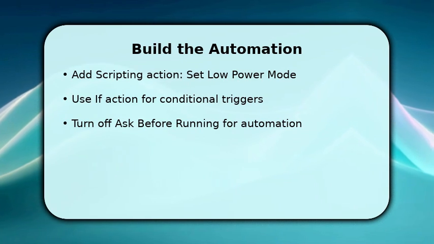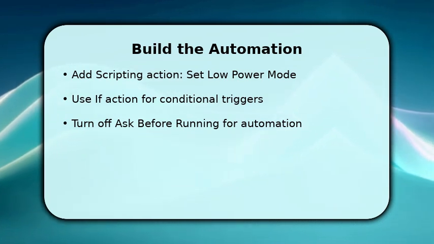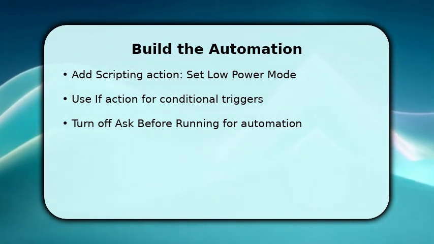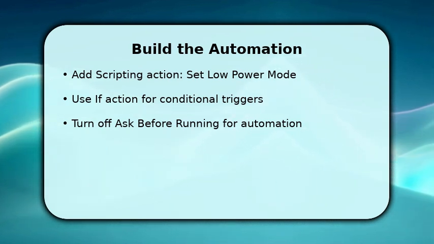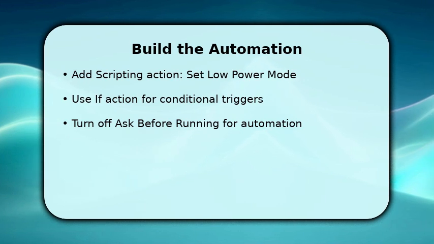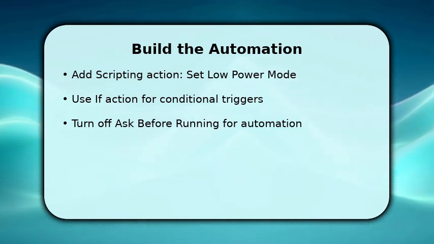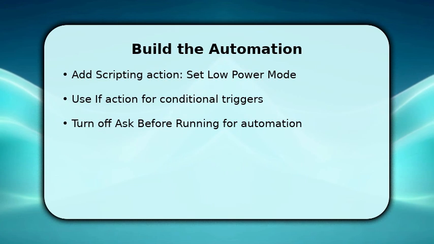Once the actions look right, disable Ask before running so it runs without confirmation. This ensures seamless switching. You do this because manual prompts defeat automation. You want it hands-off. Finish by tapping Done to save the automation, then force run it with the play button